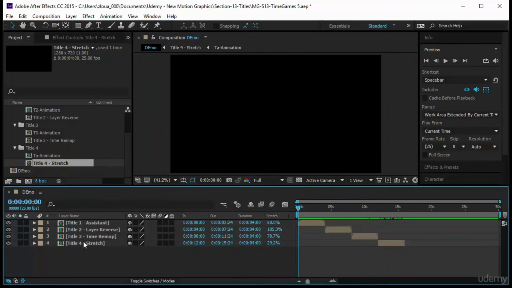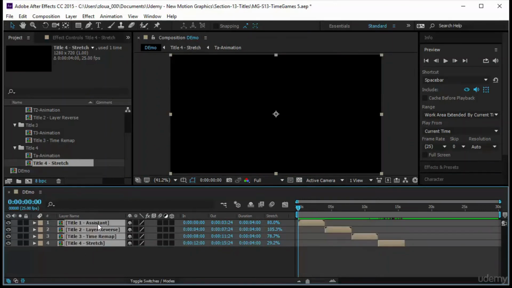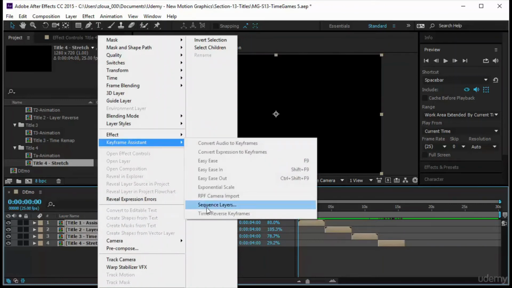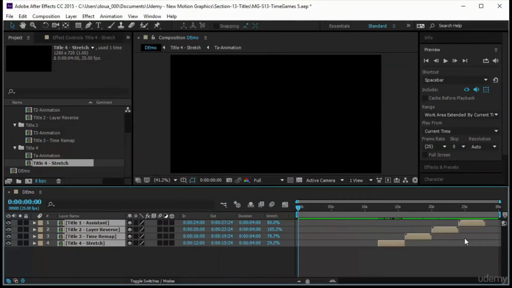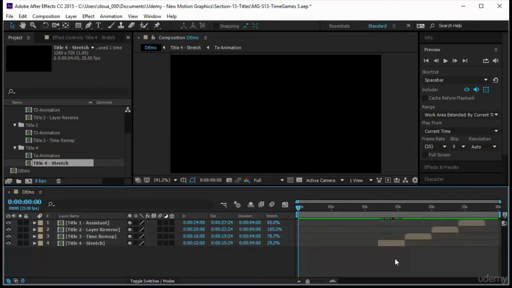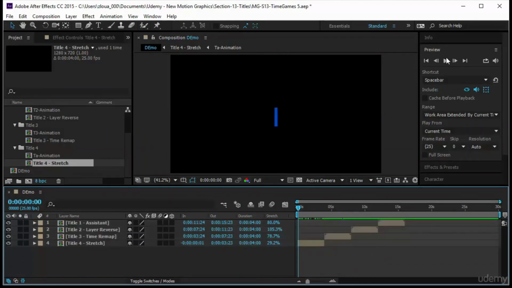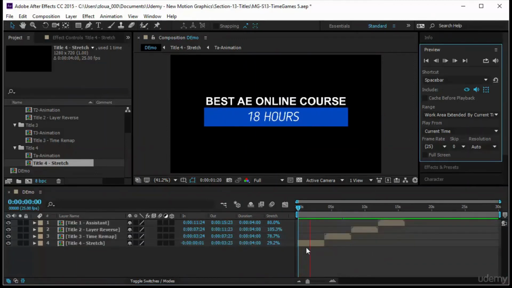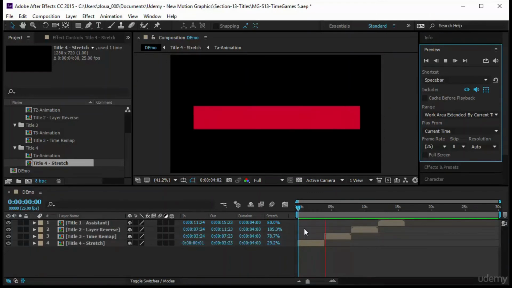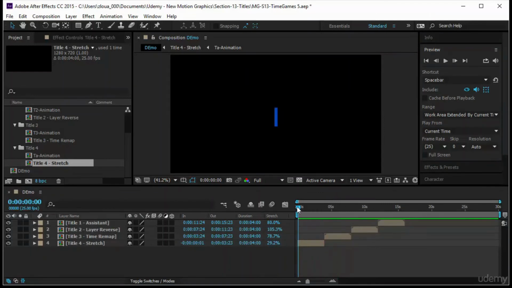Now, let's say I select number 4, the last layer, and towards the first layer. I right click, say Keyframe Assistant, sequence my layer, say okay. You notice what's happening. It has sequenced them from the last one being the first one and the first one being the last one. Of course, what you want to do is select them all and bring them in. Since we are trying, this is bound to happen. Cool. So if I play now, the last layer will start first, and the rest will come. This is sequencing your layers using